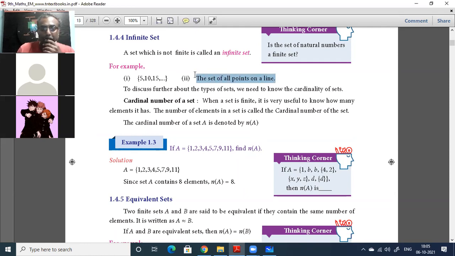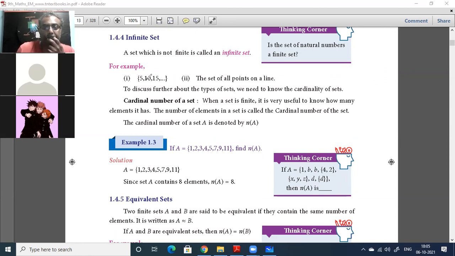You can keep on getting closer and closer and taking more and more points. You draw the line like this, two points. Then you can say 1, 2, 3, 4, 5, 6 points inside it. But zoom in on this small line. If you zoom in, you can mark so many points on this line. Then zoom in on a smaller section of that. So when you zoom into a line, you can keep zooming in and marking more and more points. So how many points will you finally have? An infinite number of points.